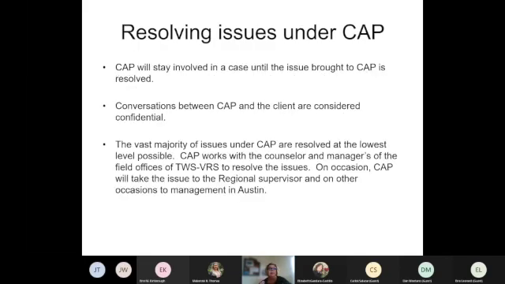And we do not stay involved with a vocational rehabilitation customer for the life of their plan. Our goal is to provide services and information so we can quickly provide assistance and then back out of the picture, because that relationship between the counselor, the customer, and the provider is really important. We're there to try to get things going again, and then when we're not needed anymore, we'll back out. Now, that's an agreement that we have with the customer in terms of our level of involvement. What are the issues we're trying to resolve? And of course, we have to share the issues with the counselor, because